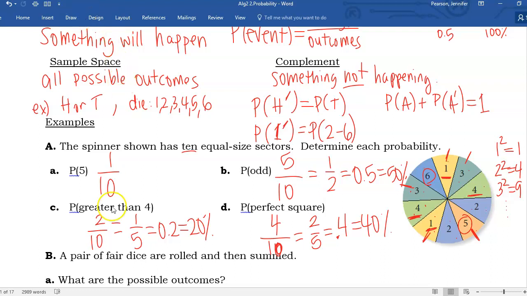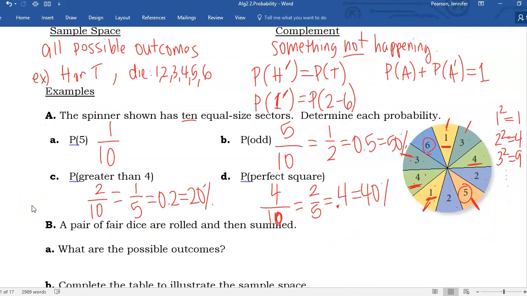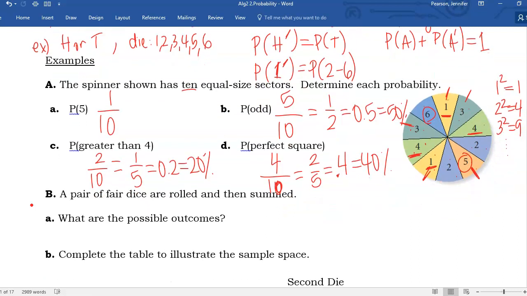Example B, a pair of fair dice are rolled and then summed. So I'm going to roll 2 dice, and then I'm going to add them together. What are the things I could possibly get? Well, the lowest thing I could get, if I'm rolling 2 dice and then add them together, is a 2, because I could roll a 1 and a 1, add them together, that would be a 2. Then I could also get a 3, a 4, a 5, a 6, and I'm going to keep going. The highest thing I could get would be rolling a 6 plus 6. 6 plus 6 is 12, so it looks like anything from 2 to 12, whole numbers, are my possible